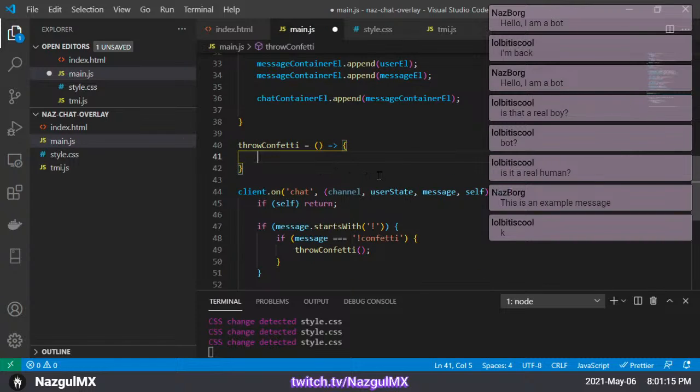And this throw confetti will create confettis on the screen. A lot of them, probably. I don't know how many, but let's say